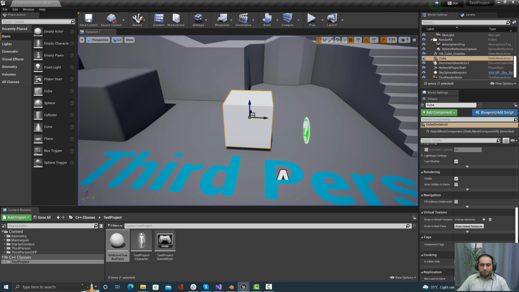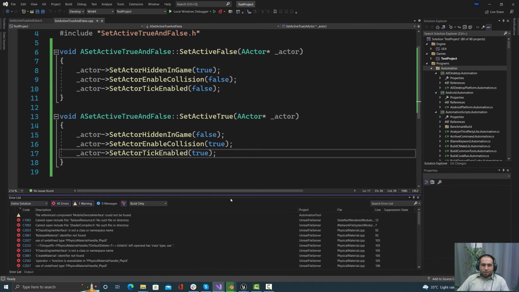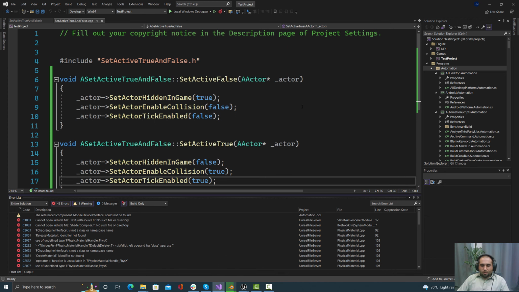So the main purpose of this tutorial was to show you how you can create your custom libraries with custom blueprint nodes with this very simple example. So here is the simple code. Thank you for